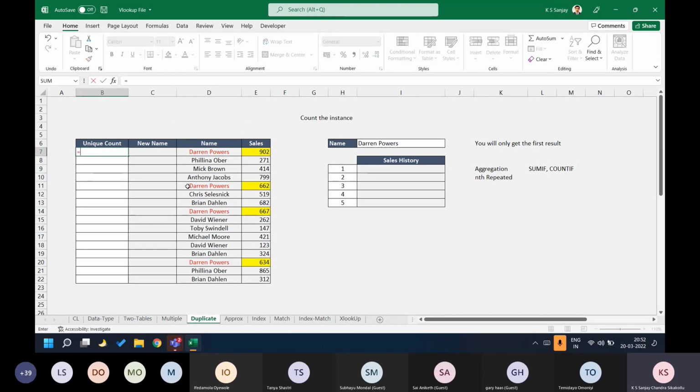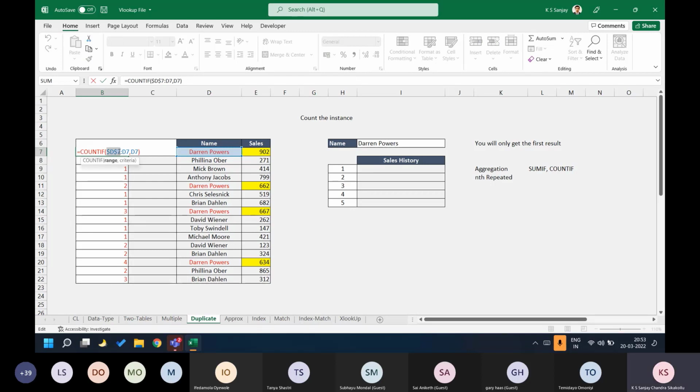Now how to make them unique is very simple. Use COUNTIF function and then have the range. Now I'll explain the logic behind it after using it. Now if I go and apply this function, see, what I'm doing is I am using a COUNTIF logic. Now how COUNTIF function works is, first it will ask for a range and then it will ask for the criteria. Now criteria is what? These all names will be the criteria in each cell. Range is what? This entire array is my range. Now how do I count it is